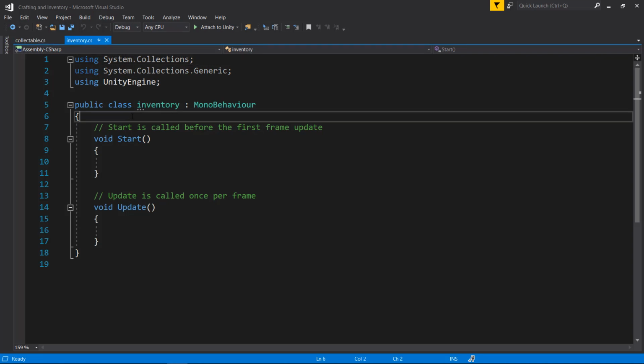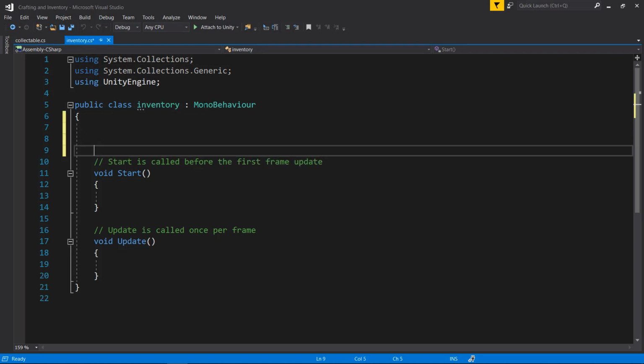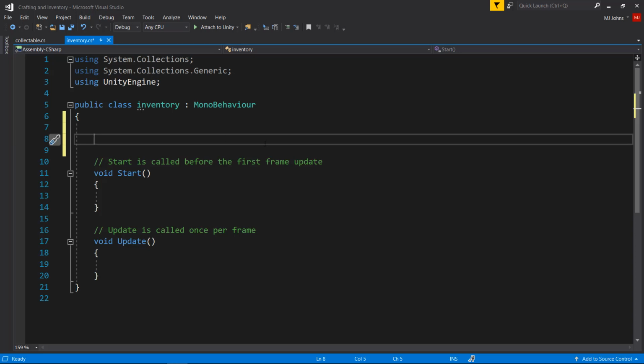So in the inventory script, what I want to do at the top is create a couple of things called enums, or enumerators. Basically it represents a number value so that you can keep track of a list of things, but instead of using actual numbers, you use words so that it's easier to distinguish what each thing represents, rather than using integers to keep track of different things. So my first enum I'm going to name as